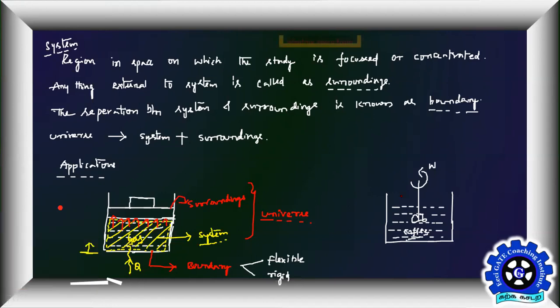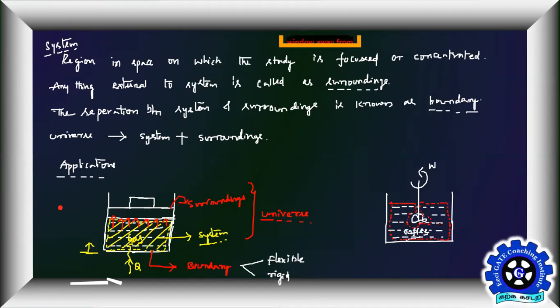In this particular problem, coffee is your system. See how I'm drawing the boundary. That's very important. You should enclose only coffee. You should not include the stirrer or the spoon you have kept inside your coffee for stirring. That is not included in your system. So don't take something like a horizontal line, as some people draw here. Don't do that. Take a boundary which is included only for coffee.